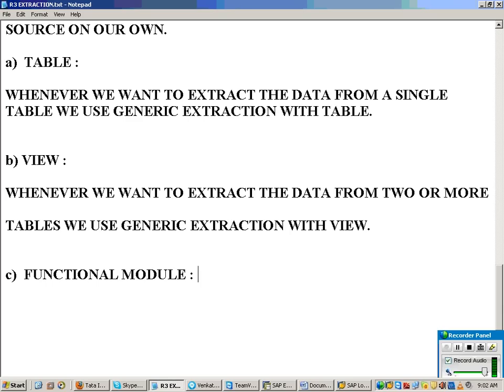So what is this function module? It is reusable code, reusable logic. Suppose today I am writing some logic and implementing it on the VBAK table. Tomorrow I want to implement the same logic on the VBAP table.